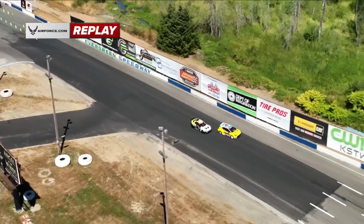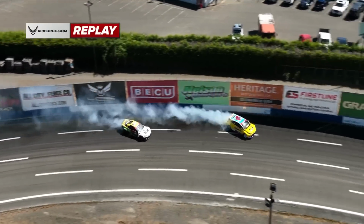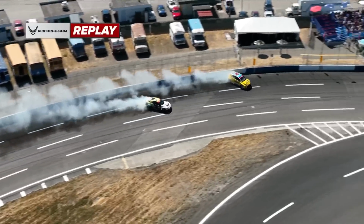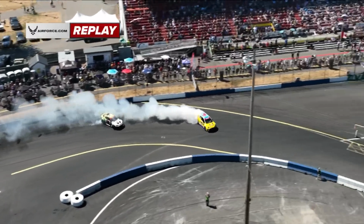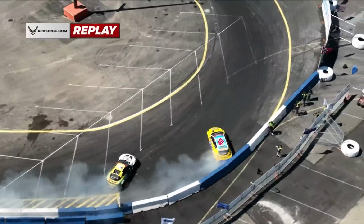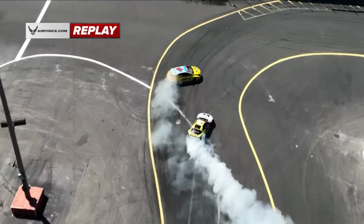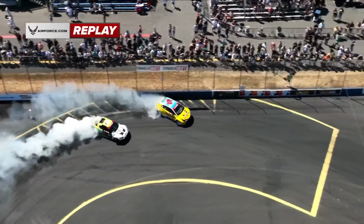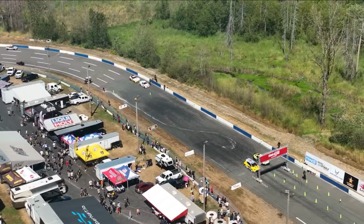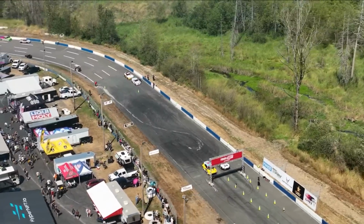All right, looking at the replay from the sky, we're going to get a great view of how these cars are moving around. You can see some wavering from Kyle Mohan early on there, and there's a pretty big gap between Ryan Turek in the lead and Mohan in the chase. Turek almost gets out to outside zone 2, does a good job on 3. Mohan misses 3. Again, not really in proximity, slightly gaining, but not really getting as close as we'd like to see there in the chase position. Turek put his car in most of the right spots there. You can see he wasn't quite as wide in outside zone 2 as we'd like, but great job on 1,